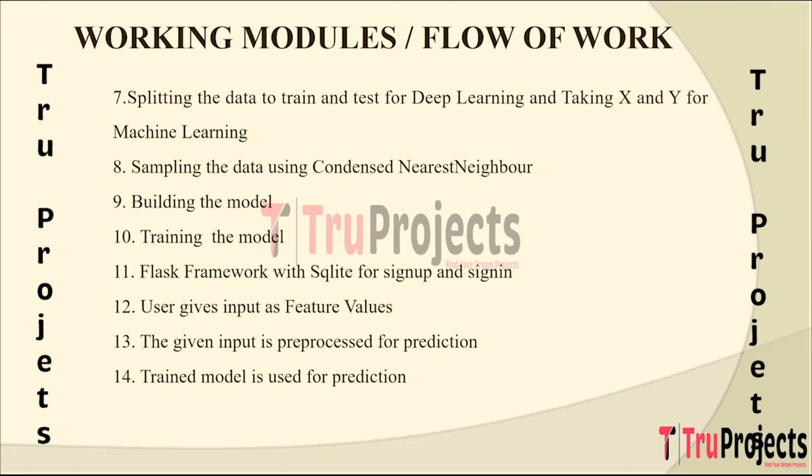Trained model is used for prediction. The pre-processed input data is fed into the trained model to make predictions or classifications. The model utilizes its learned parameters and patterns to predict the outcome based on the provided input. Final outcome is displayed through the front end. The predicted outcome or classification is then displayed to the user through the front end of the application. This involves showing the detected intrusion type or a security-related decision based on the model's prediction.